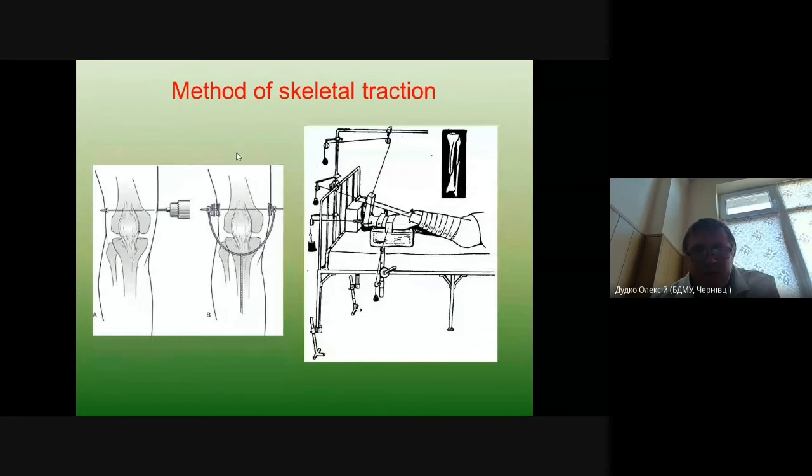That's lower extremity. The principle is the same. You just need to know the places where the K-wires are inserted. That's the supracondylar tibial and femoral supracondylar area, and tibial tuberosity for femur and hip joint, and calcaneus or supramalleolar region for tibia. Additional slings can be used, side slings, one side, another side, but main traction is applied through the bone,